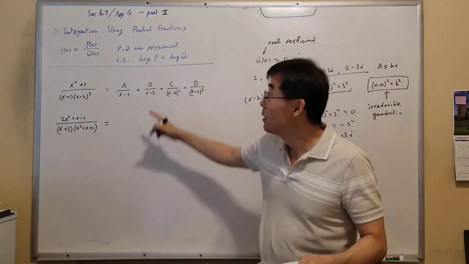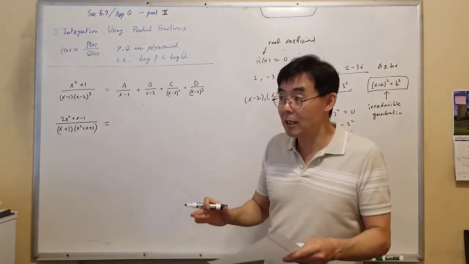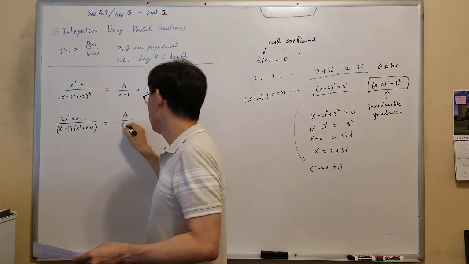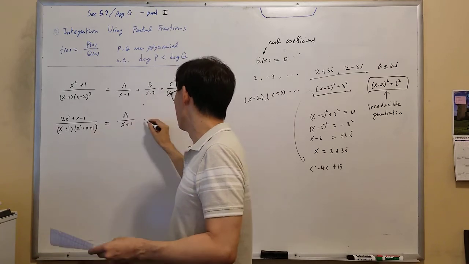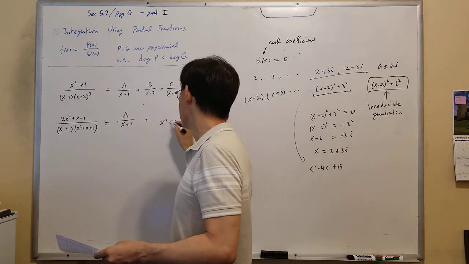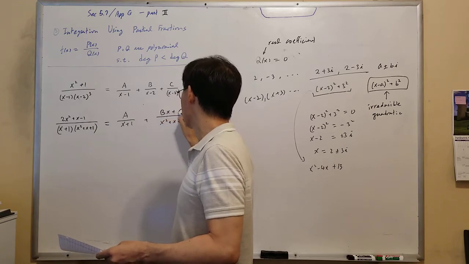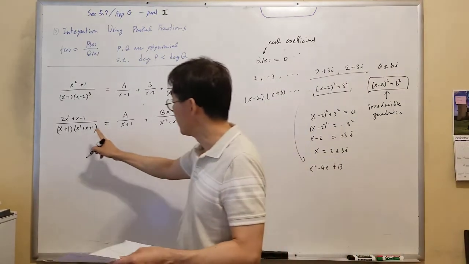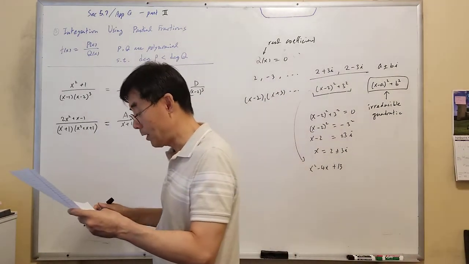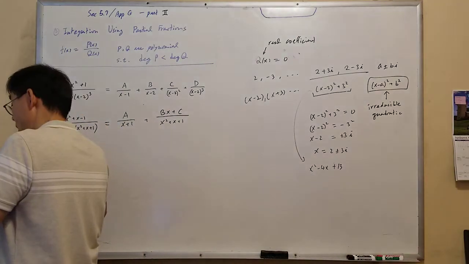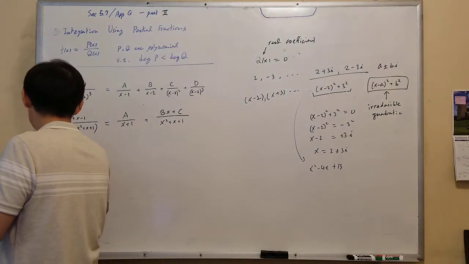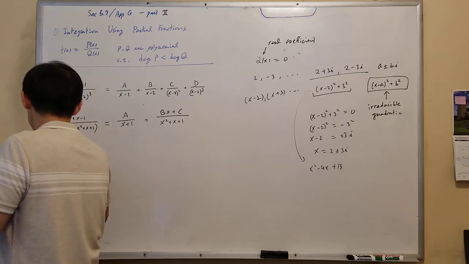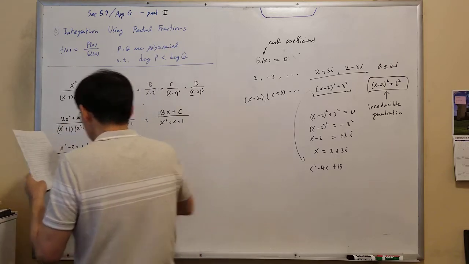What if you have, how do we split? How do we decompose? Using partial fraction, the form is, linear one, as always. For this one, now this one has to be bx plus c. For the irreducible quadratic factor, you have to have this. Now, what if you have over, let's say, x plus 2, let's say, x